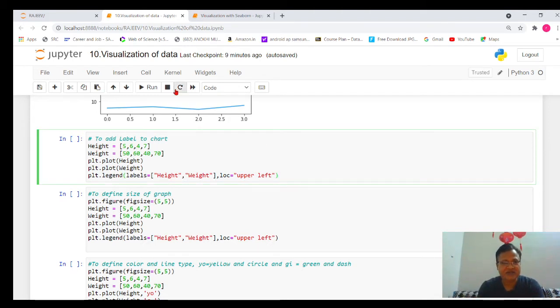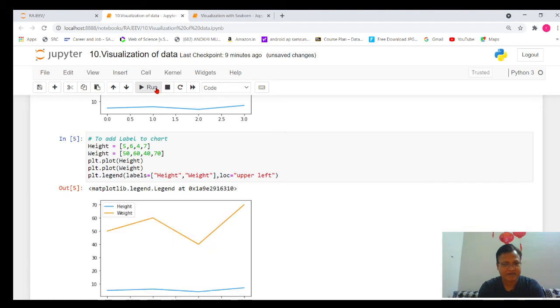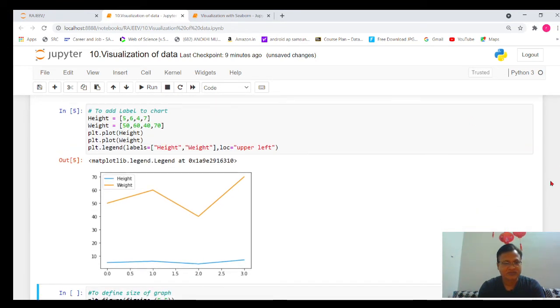Let's quickly execute that particular part. Oh yeah, so here you can see the labels height and weight. So now you can see which color line is indicating which graph. It can be clearly visible to the user by looking at that particular legend.